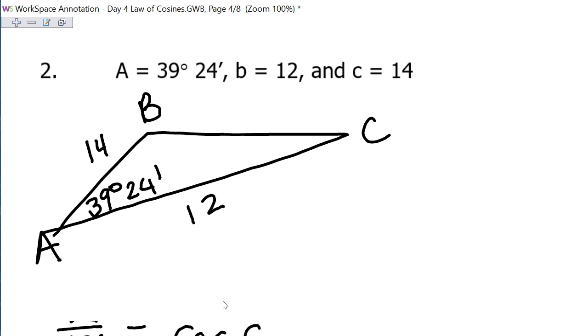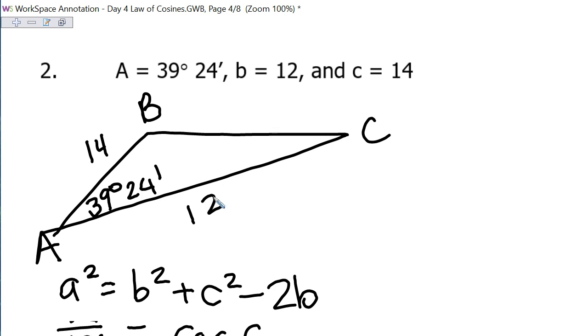So look and see, what angle did they give you? Angle A. So if they gave you angle A, do we use the formula with a squared, b squared, or c squared? A squared. So the formula for a squared is going to be a squared equals, if I'm using a, the other two sides are c squared plus b squared minus 2bc cosine of angle A. Fill in what we know. A, we don't know A, so we're going to leave it a squared